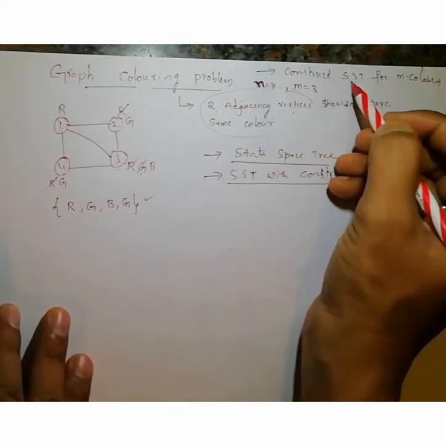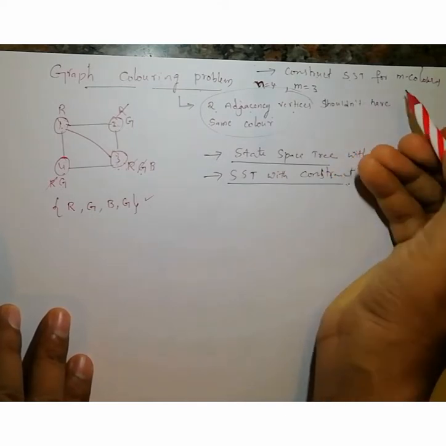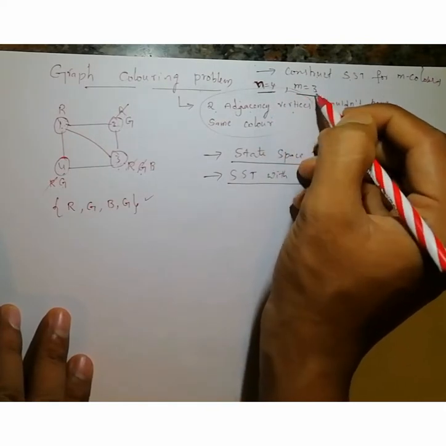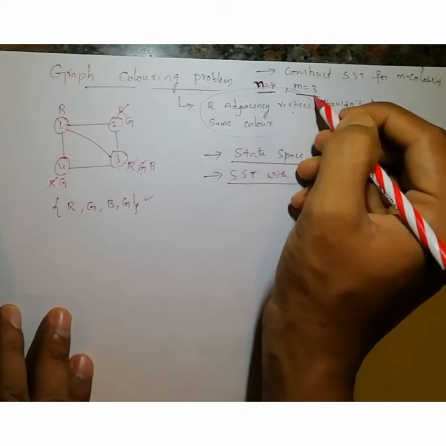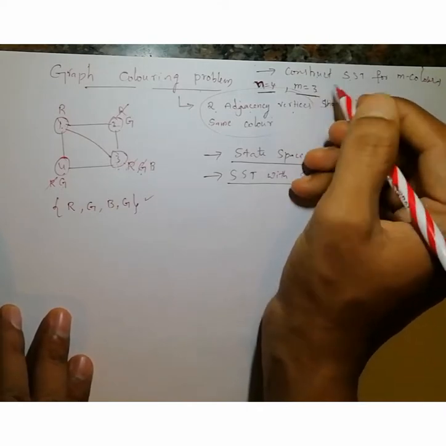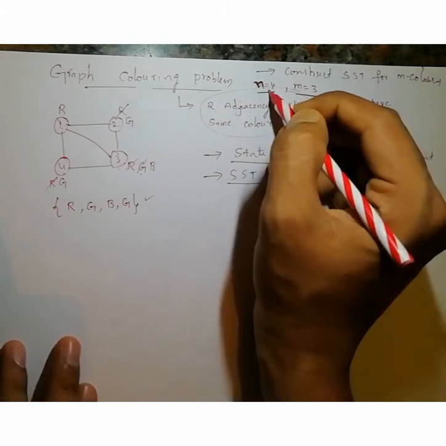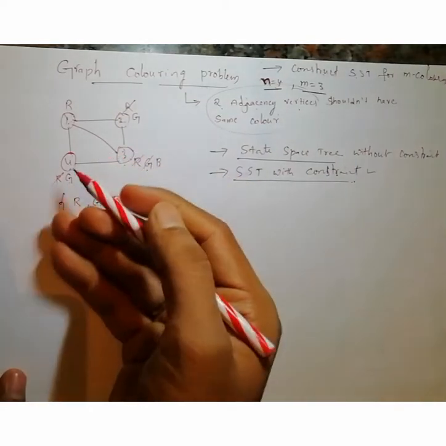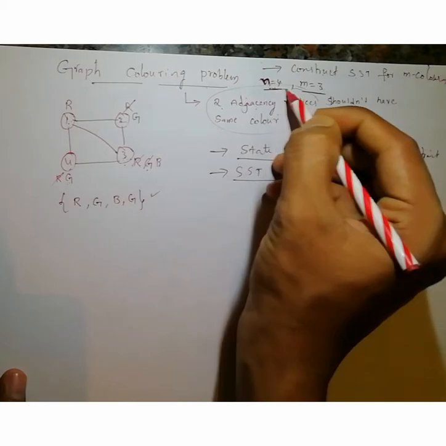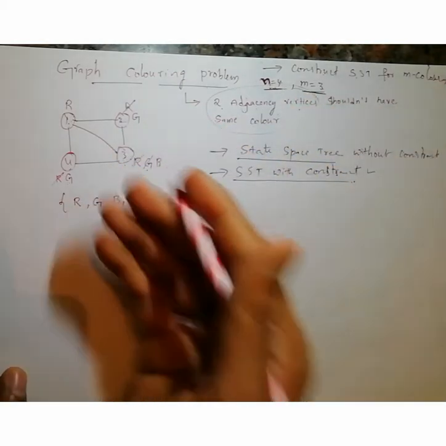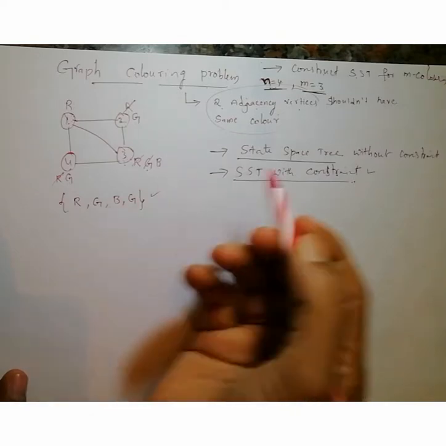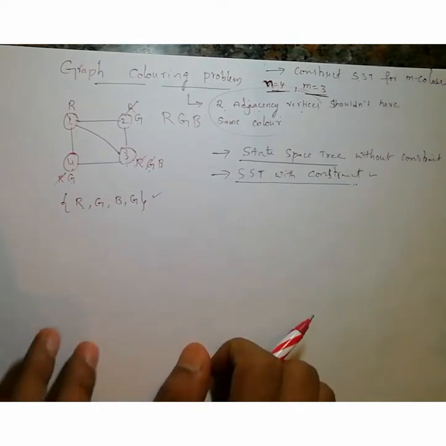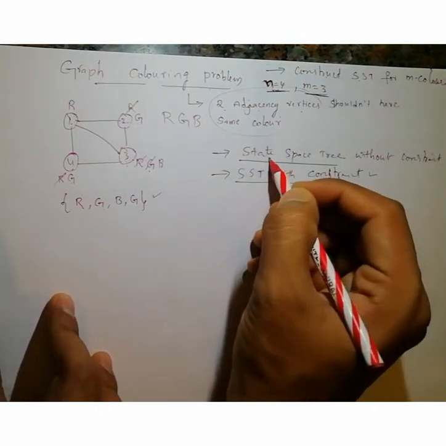That is, construct a state space tree for the M coloring graph problem with N equals 4, that means 4 vertices, and M equals 3, that means 3 colors. The minimum number of colors is also called the chromatic number. So by using these 3 colors, how can we apply them to 4 vertices so that we get all the combinations? They may give a graph, or they may not. If they have not given a graph and given only these numbers, you can take this as an example. So 4 vertices and 3 colors, that is RGB, red, green, blue. Now first we will see how to construct a state space tree without constraint.